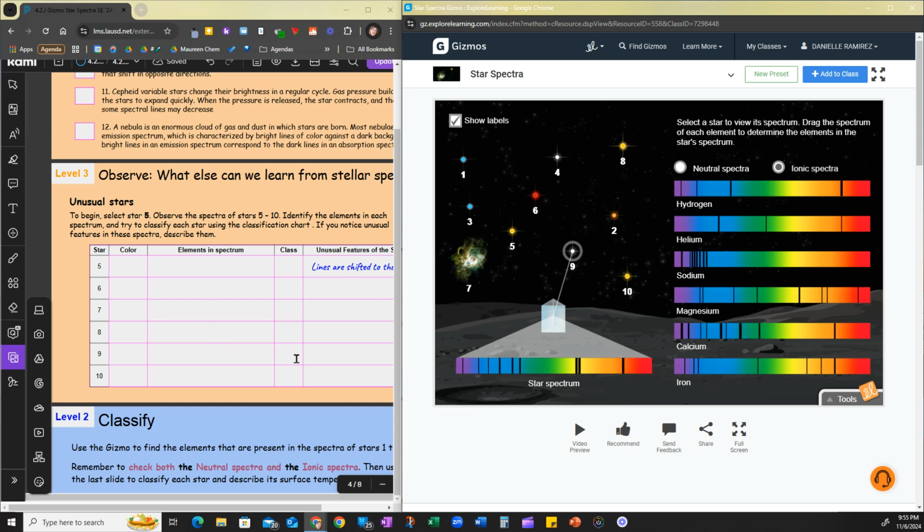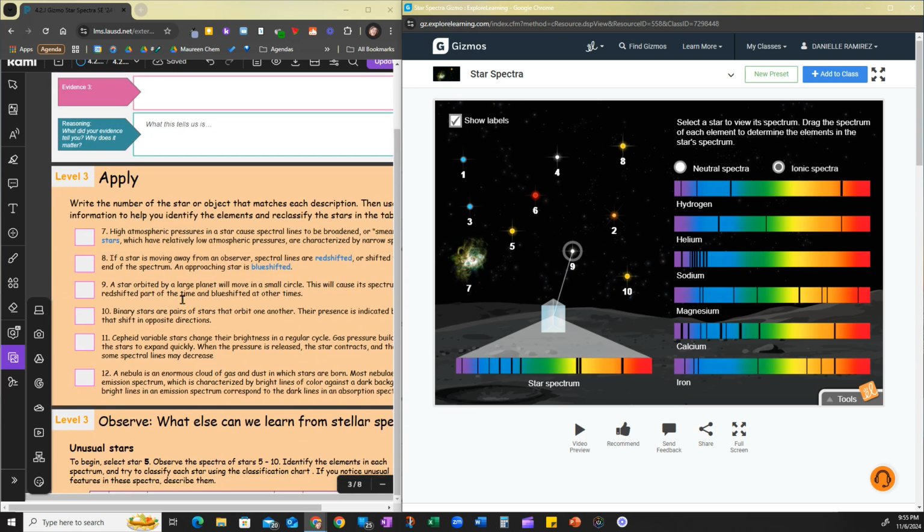Once you've completed those boxes, there is some more information to read through. These are more data that was collected. So based on this data, you'll try to identify which star. So was it star 6 that had atmospheric pressure, or was it star 5? So you have to look at the stars and their spectrum to see which of these data match with a